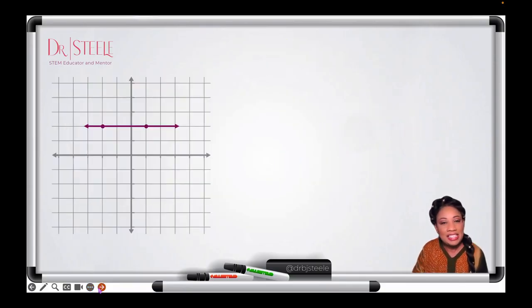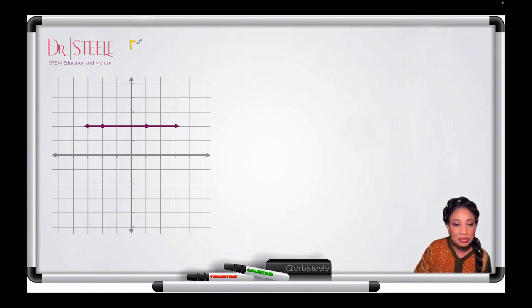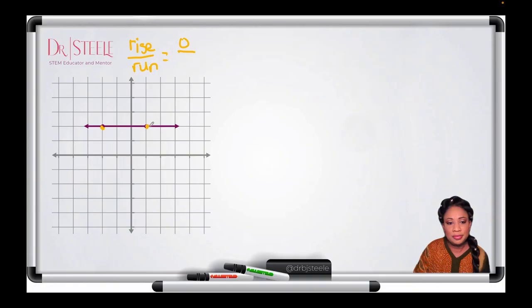Now, here is, like I was saying earlier, that slope that we were going to get back to. Now remember, our slope is rise over run. So, if I'm trying to go from this point to this point, I'm not rising at all, right? So, that'd be 0. I'm just running for fun. So I can say I ran 1, 2, 3. Now, 0 divided by 3 is 0. So, a slope that is just a straight line